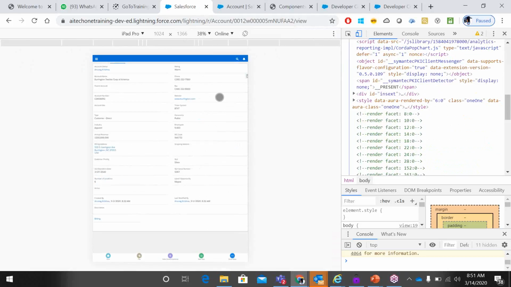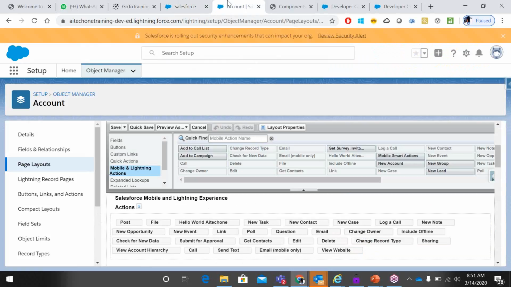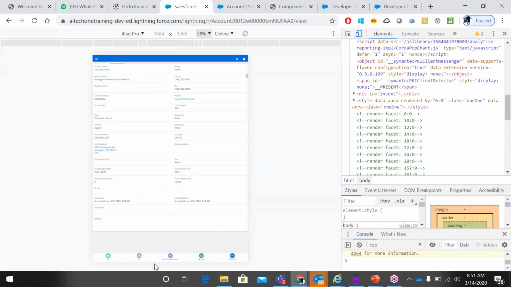Okay, no problem. So in the desktop version, we were seeing all the buttons and actions on the top of the page. In Salesforce One, we usually see buttons and actions down at the bottom of the page. Here we see our custom component. If we click that,